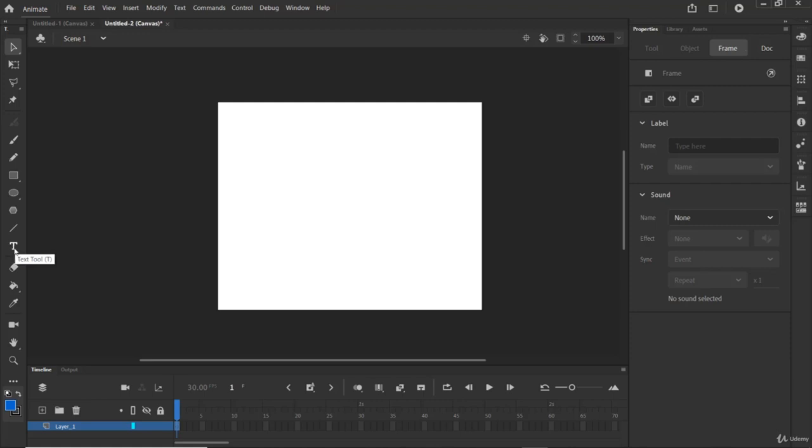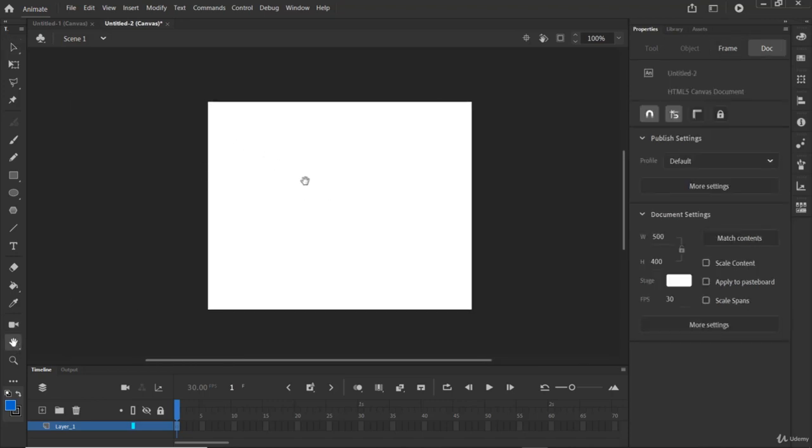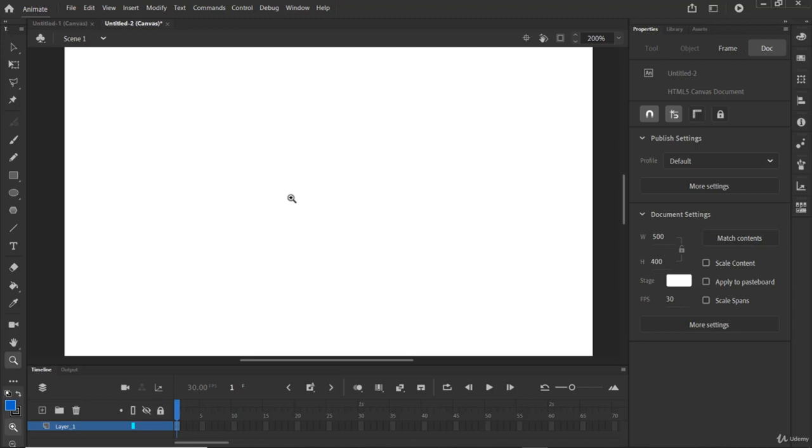I think the text is like in Adobe Illustrator or other Adobe products like Premiere Pro and After Effects. We have this eraser tool, this paint bucket, this eyedropper tool, and we have this camera and this hand tool, so you can move around your document. And you have this zoom. As you can see, you can zoom in and zoom out.